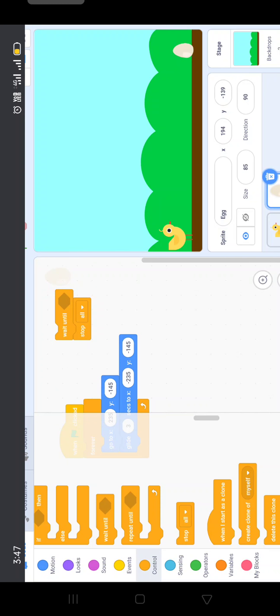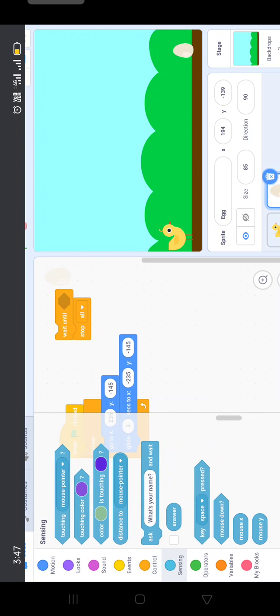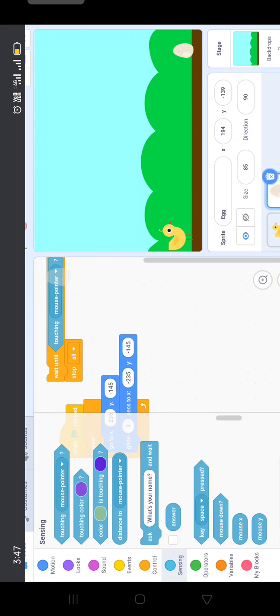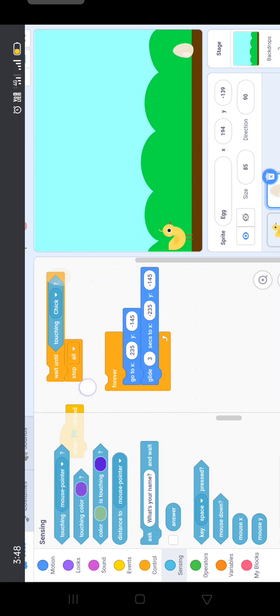So wait until, here you have to go to sensing option. Wait until, here we have to give check, okay, and here you can see.